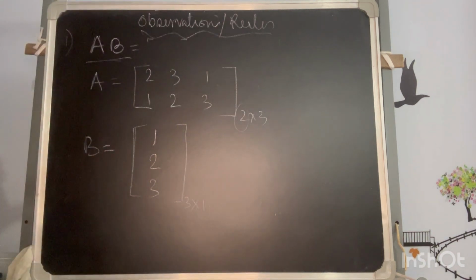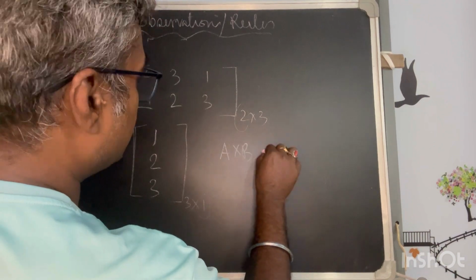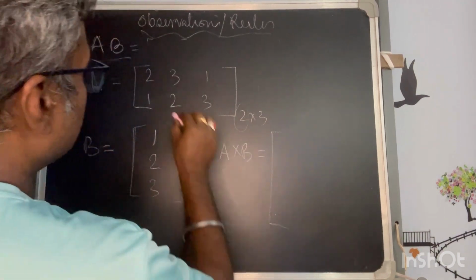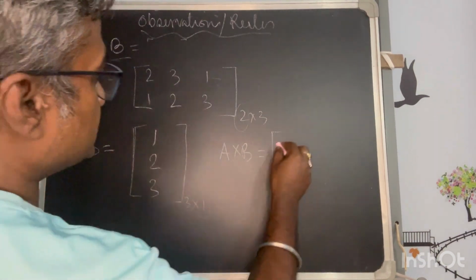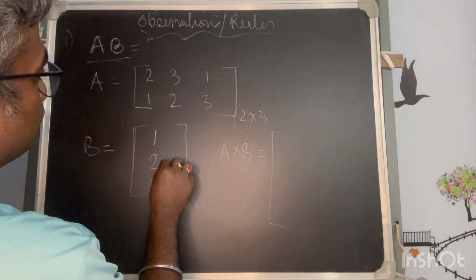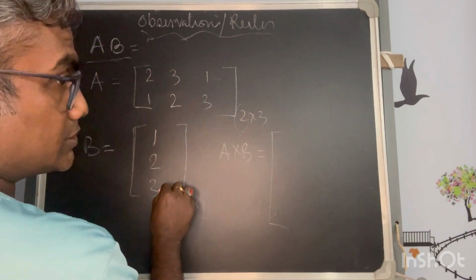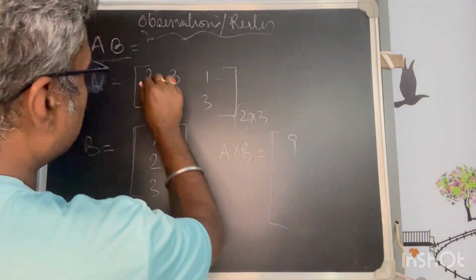Now let's see what happens. Okay, so A cross B first I will calculate. A cross B means you have to multiply this into this first to get the first element. 2 into 1 is 2, 3 into 2 is 6, 2 plus 6 is 8, and 3 again, 6 plus 3 is 9, and